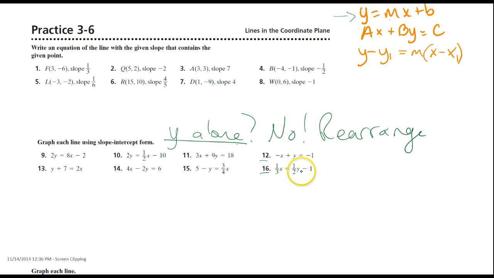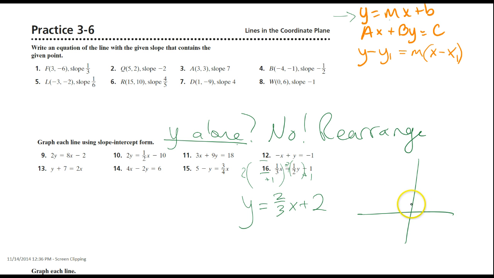Okay, now let's do number 16. 1/3 x equals 1/2 y minus 1. So let me add 1 to both sides, and then multiply this guy by 2 over 1. So all of this will get multiplied by 2 over 1. And I'm left with y equals 2 times the 1/3 x would be 2/3 x, and 2 times the 1 is 2. Graph that. Y on the y-axis start at positive 2, and then do the slope up 2 over